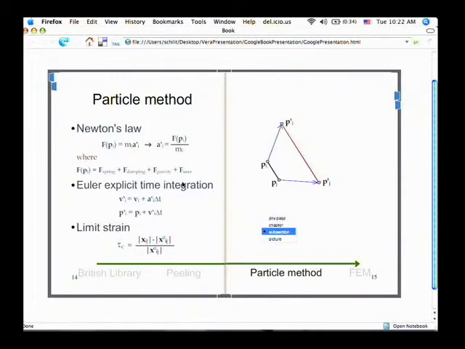So if we have 2 particles I and J, and say the original length is 1, and at the next time step the length is 2, then basically we move both particles closer together, so their length becomes only 1.1. However, if one of those